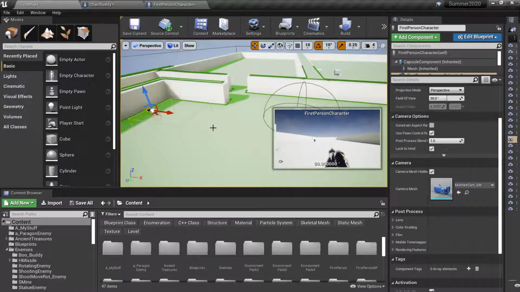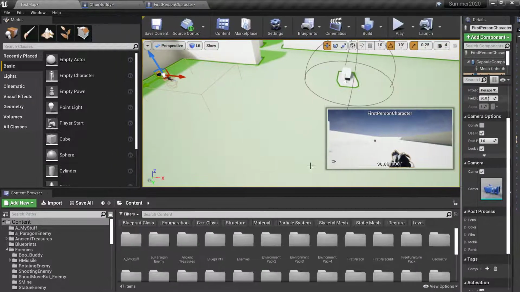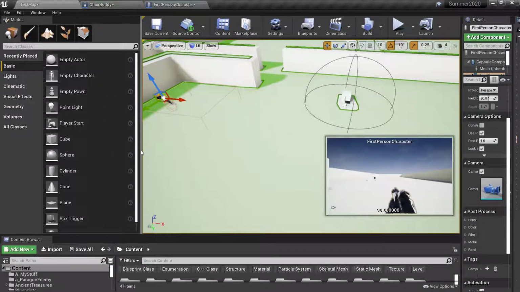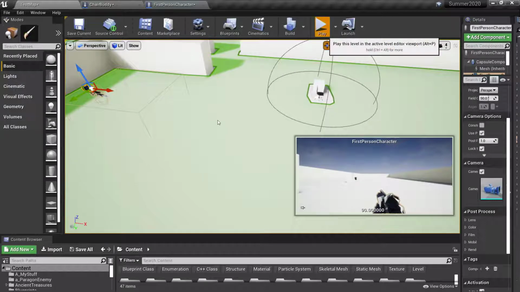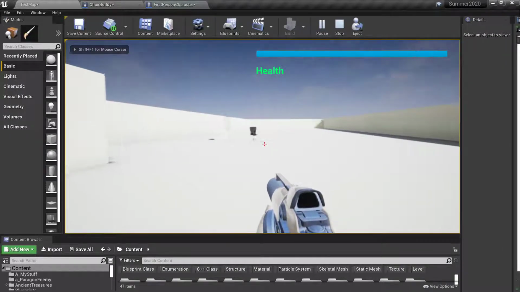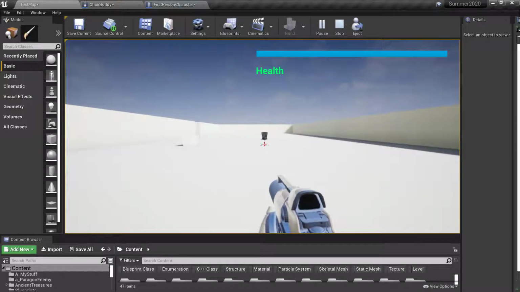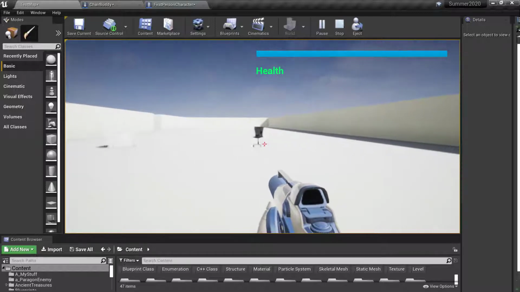Oops, because I got them next to each other and not separated from each other. Okay, so let's test this. So we're going to push play. I'm going to make this big, so we can see more of the screen. Okay, so we do indeed see that the chair is roaming. It's doing its own thing. It stops for 2 seconds and then roams again. Now if I walk up to the chair